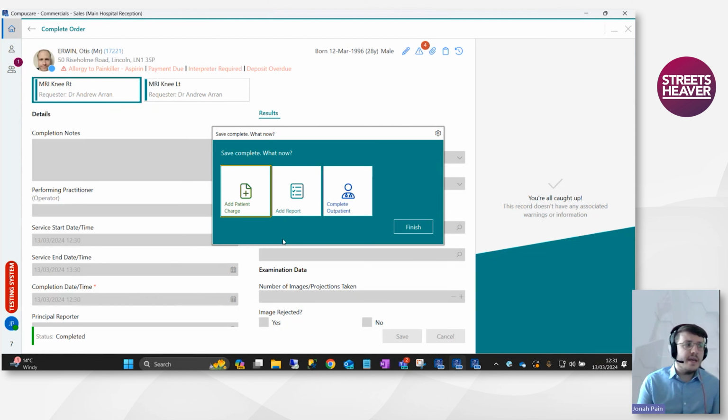So here we've made a small change to post actions. Users are now going to be prompted upon completion of the orders to also complete the outpatient appointment. So you can see I've got a complete outpatient button there. In the past, users would need to complete the scans and then they'd have had to remember to go and